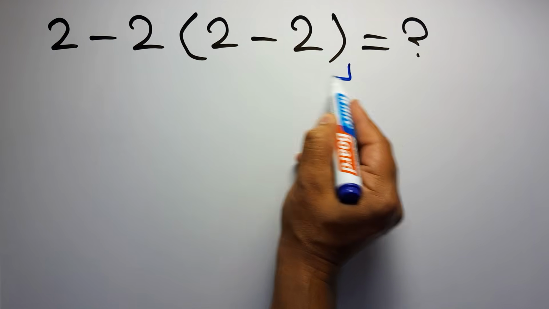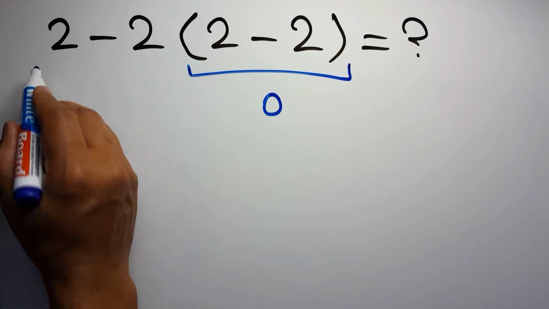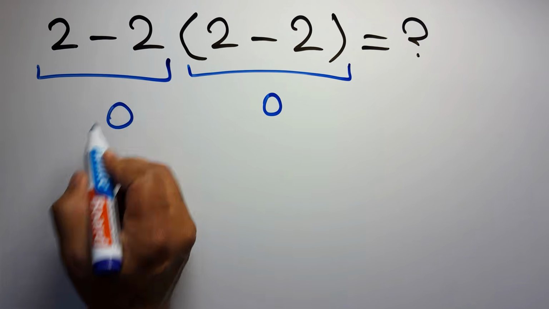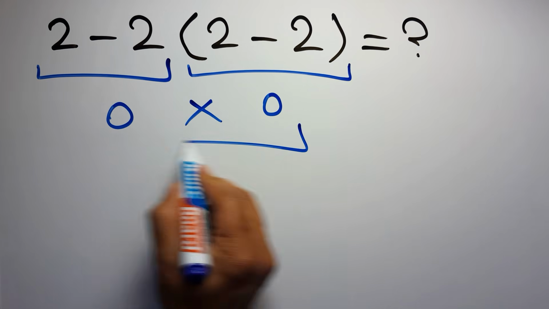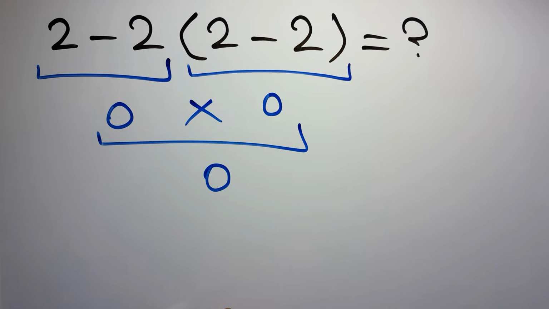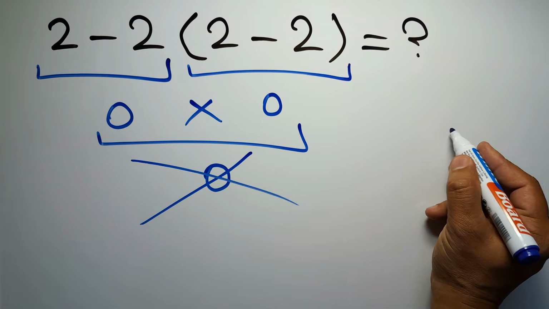2 minus 2 gives us 0. And again here we have 2 minus 2. So 0 times 0 gives us 0. But this answer is not correct, because according to the order of operations, which is PEMDAS,